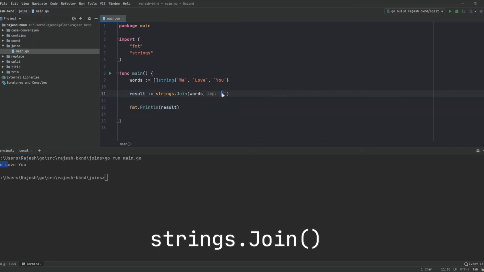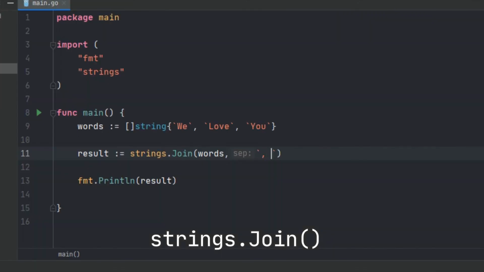If I use some special characters like this one, now our output is like this. Okay, that's it. You can also use the comma